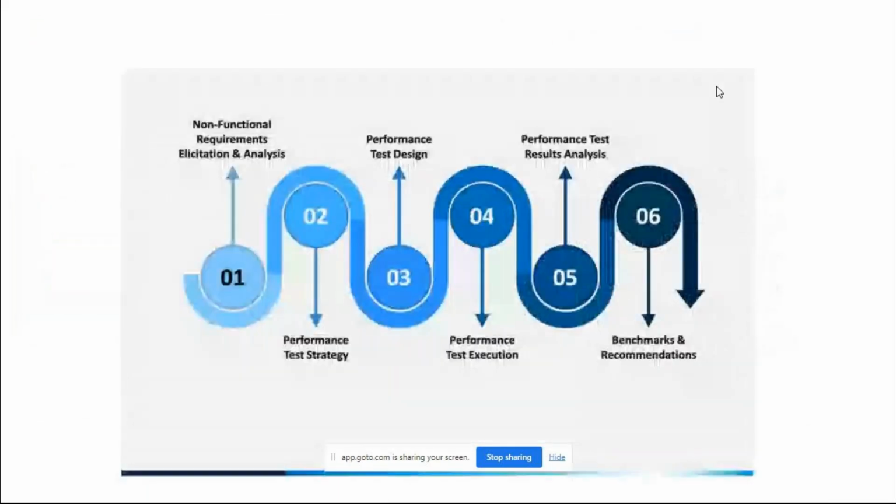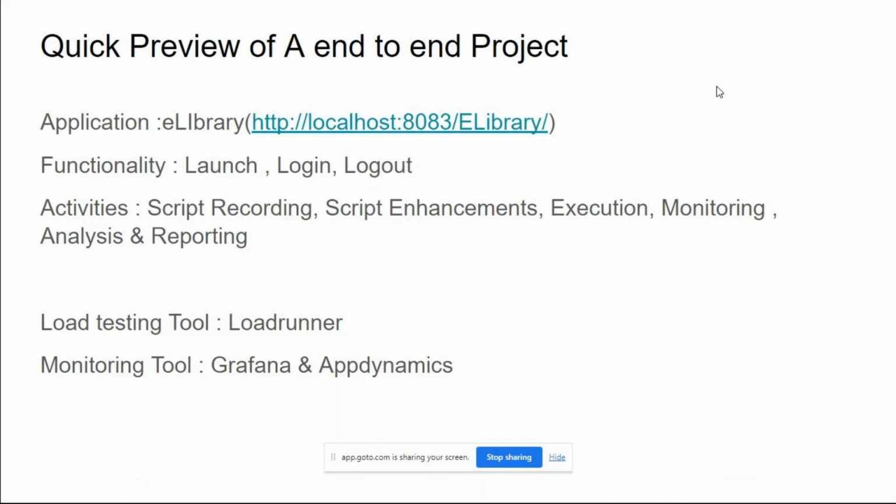And then we moved on to the second section, where we talked about the various performance testing activities, starting from non-functional requirement, performance test strategy, test design, test execution, analysis, and recommendations. After this, we had a walkthrough of end-to-end activities for your easy understanding of what we are going to learn in this course. So as part of which